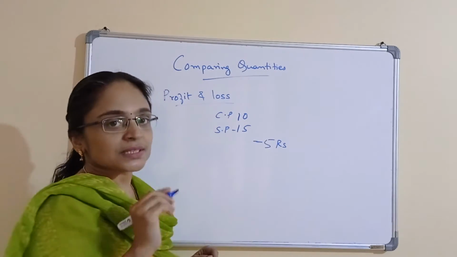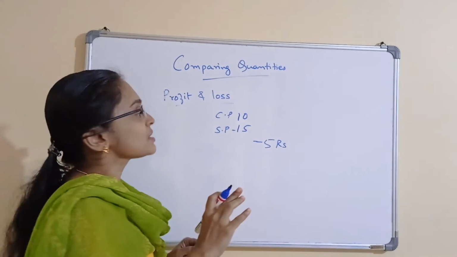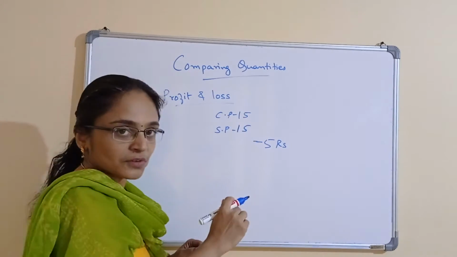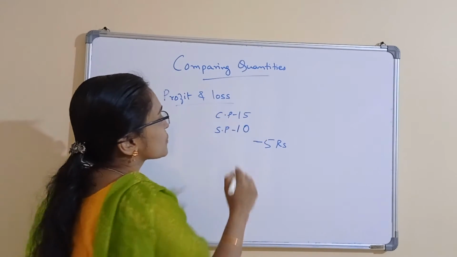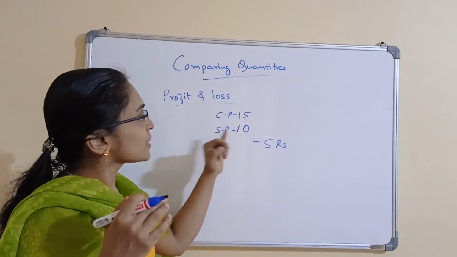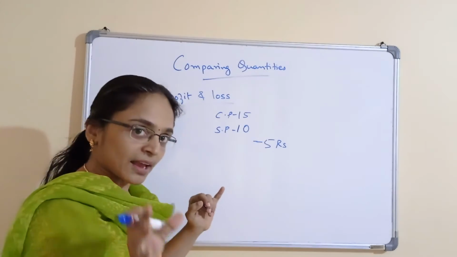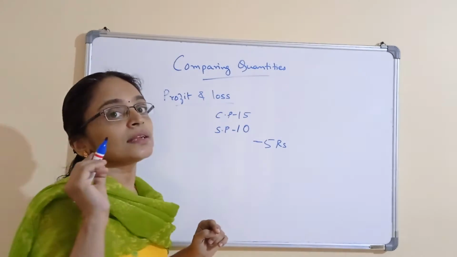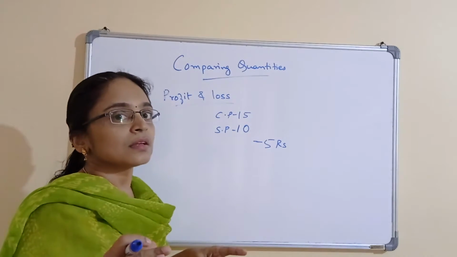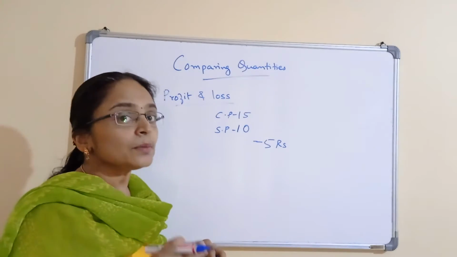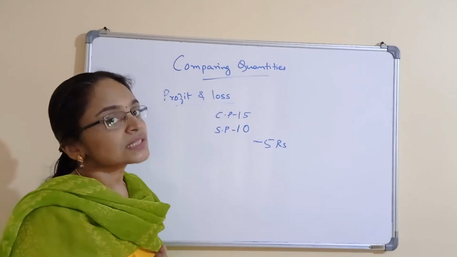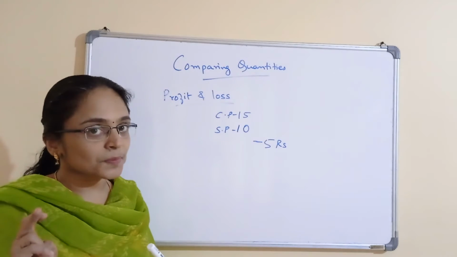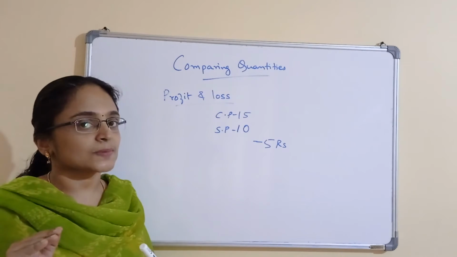So this 5 rupees that I get is called the profit. Now if I am buying this pen for 15 rupees, that is, cost price is 15 rupees and selling price is 10 rupees, that is, I am selling it for 5 rupees less than the money that I have spent on the item. So this 5 rupees is called the loss. I am having a loss, and in the previous case I had a profit. Okay. So you know what is profit and loss. Now we will see how to find cost price, selling price, profit percent and loss percent.